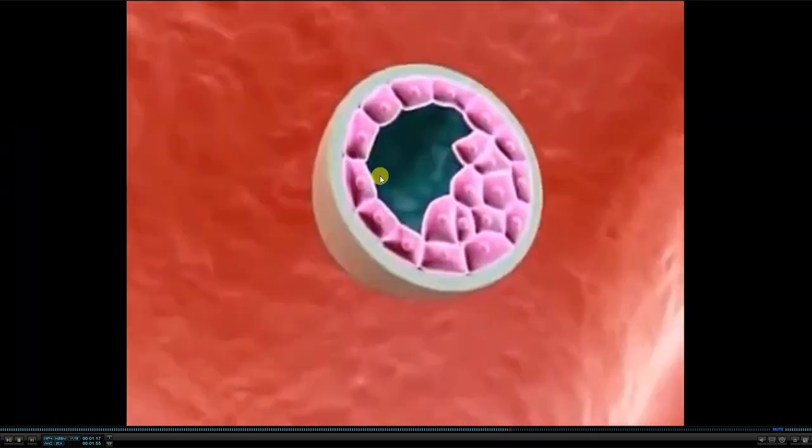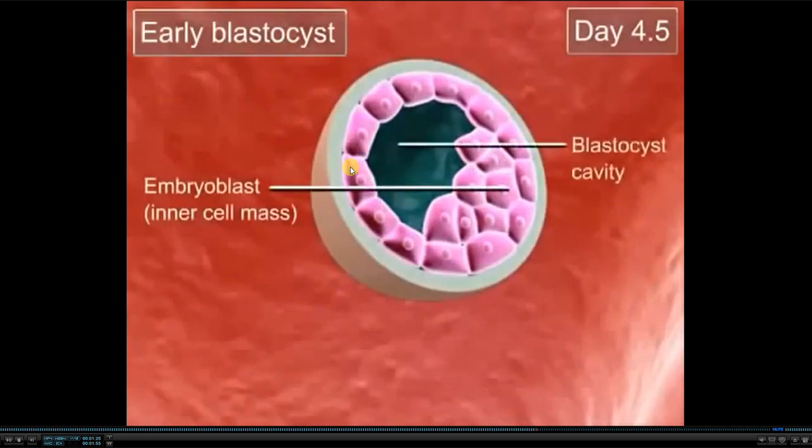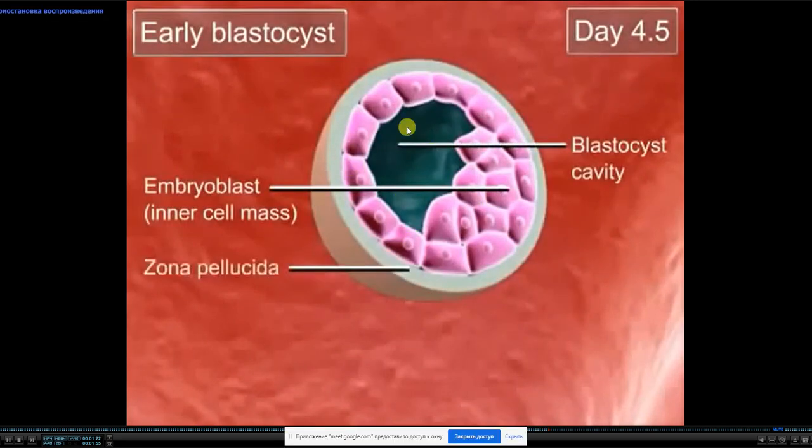Two cell populations are known as the outer cell mass and the inner cell mass. Another name for these cells: the inner cell mass is the embryoblast, and the outer cell mass is the trophoblast. Yes, the outer cell mass is known as trophoblast. And at 4.5 days the blastocyst cavity appeared, which is composed of just liquid which is absorbed